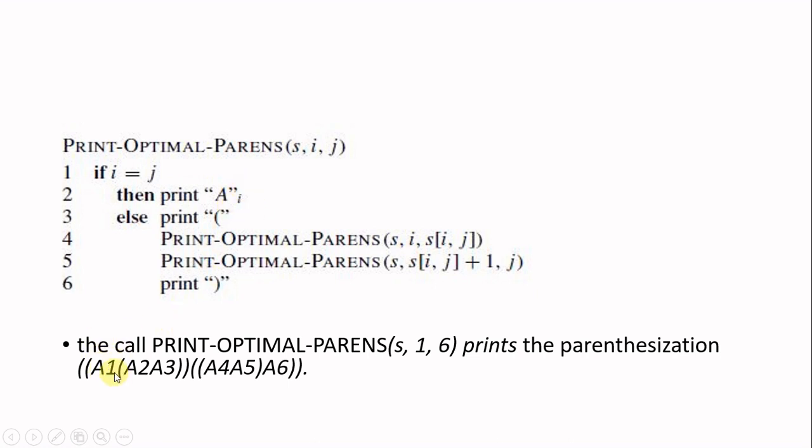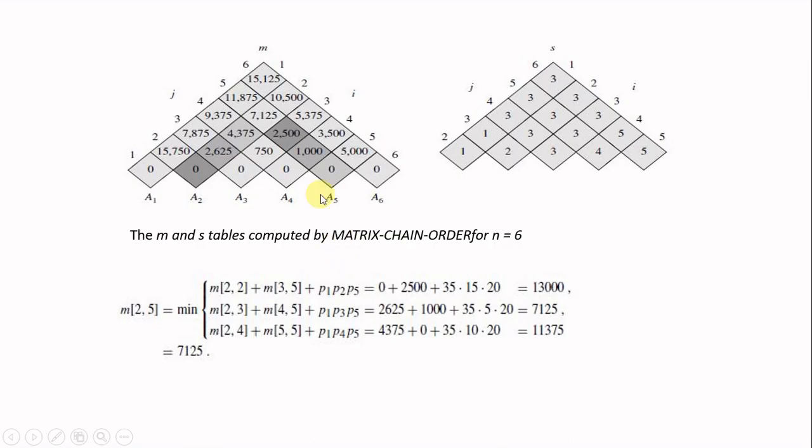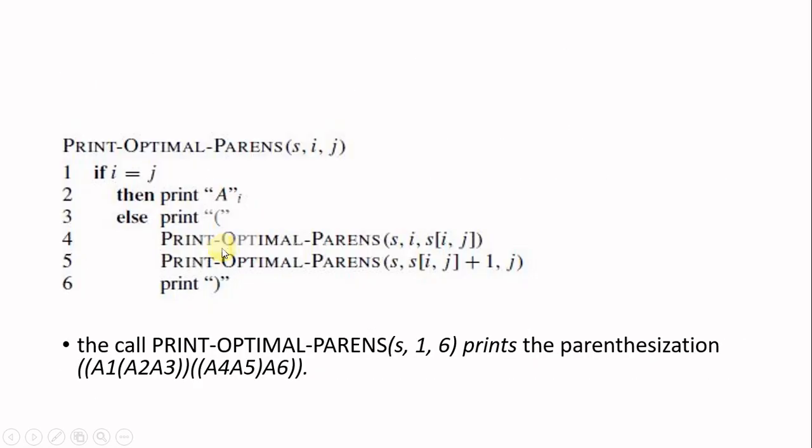Do this on your own and you can prepare. You should complete this table, table m and table s, for the same input, finish computing these two, and again print this value using this. You try out all the recursions, write down all the recursions with their s[i, j], and get this output and submit it to me.